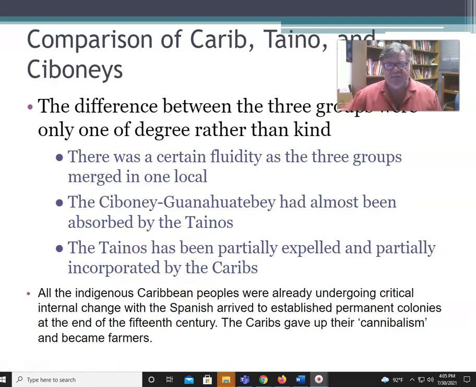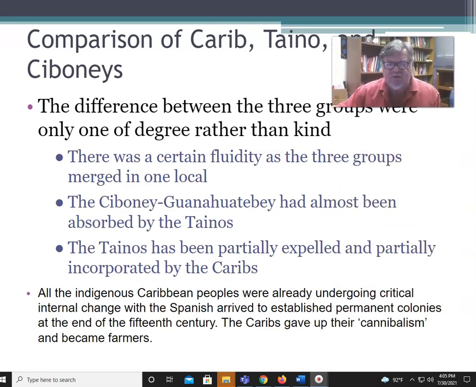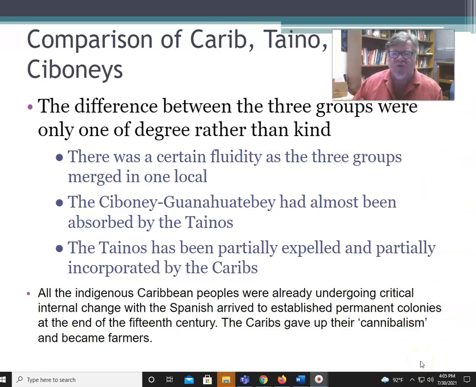Comparison of the Caribe, Taino, and Siboneyes. The difference between the three groups is only one of degree rather than kind. There was a certain fluidity as the three groups merged into one local group. The Siboney had almost been absorbed by the Tainos, who had a more complex and advanced culture. The Tainos had been partially expelled and partially incorporated by the Caribs in the southern part of the